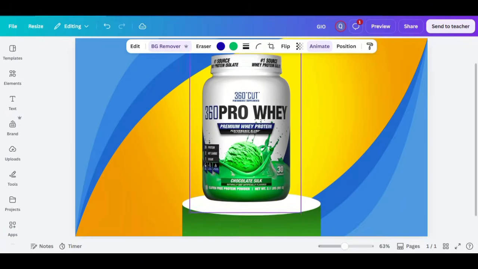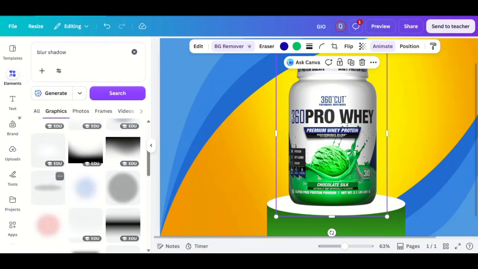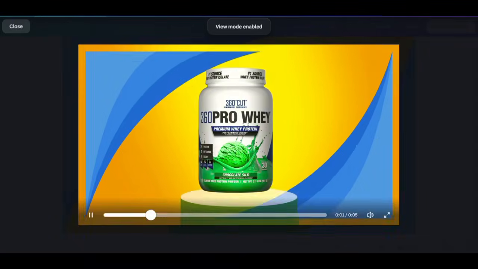Add a bold product title, a concise description, pricing, and a clear call to action using modern typography. Use contrasting colors between the